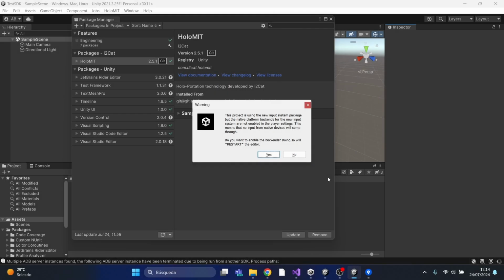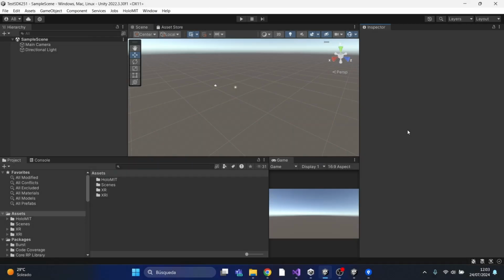Once the SDK is installed, Unity will ask us to restart the editor because it is trying to install the new input system, which is used in the SDK. So we have to click yes and wait. Once the project is reopened after importing the new input system, we have now here the project ready to work,